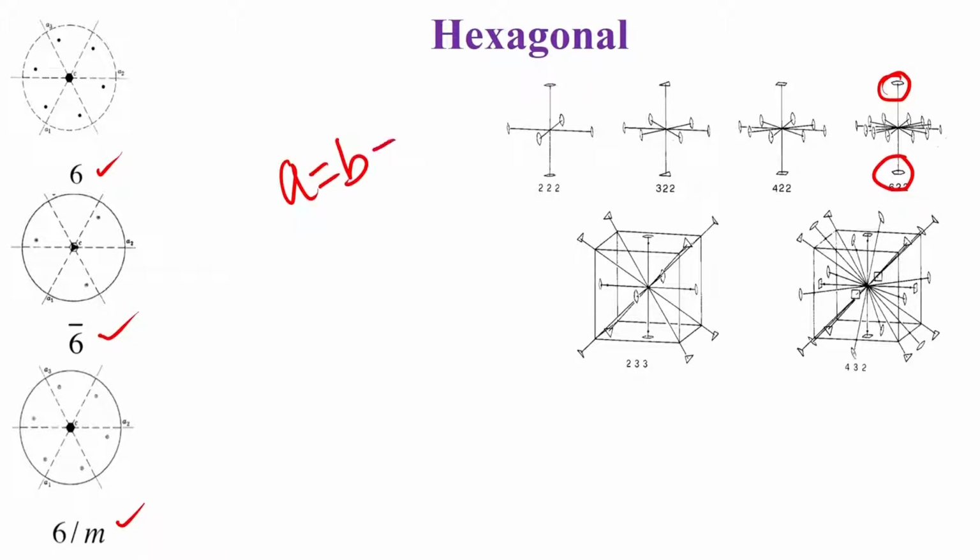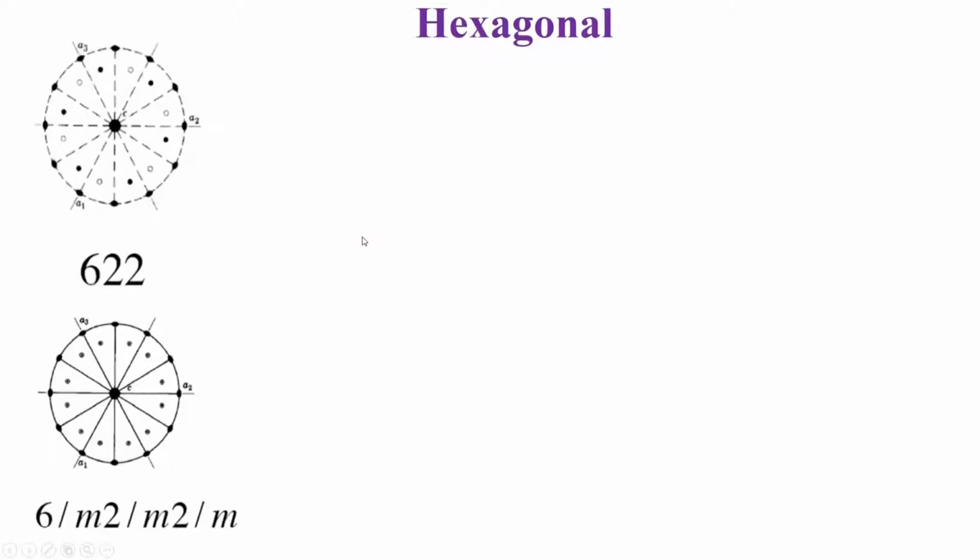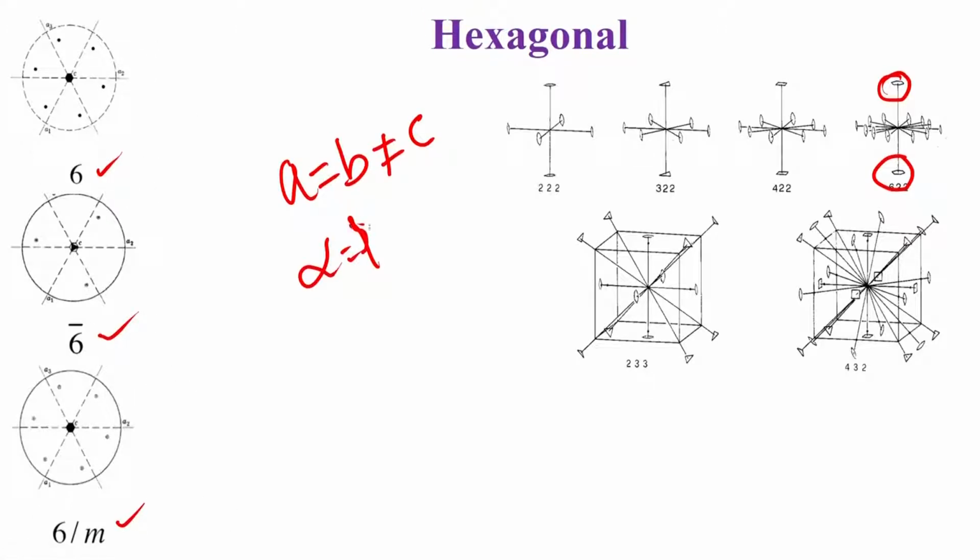and in fact the values of a, b and c will be a equals b not equal to c, alpha equals beta equals 90 degrees, and gamma is 120 degrees. So, this kind of a relationship exists for a hexagonal system, and we have therefore 6 points which will be generated by a 6-fold symmetry. 6 bar generates, you see, also 6 points,